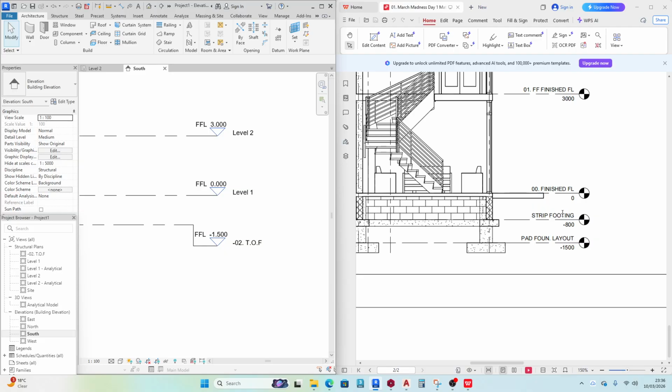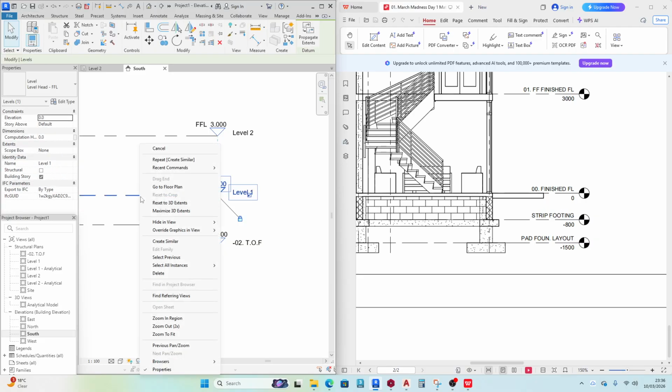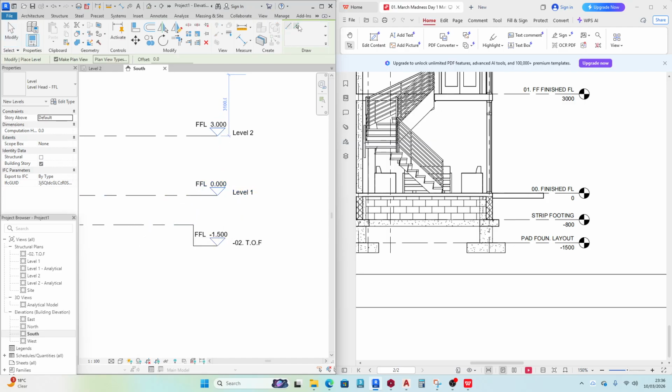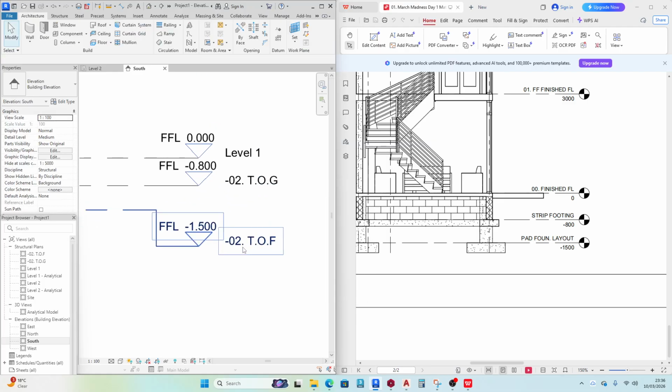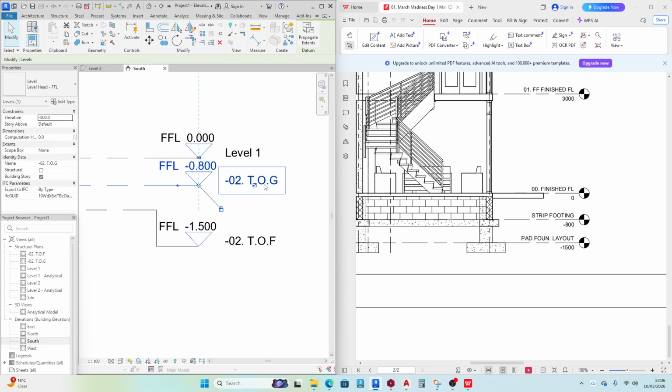Or 150. Yeah, but the height will remain a constant. It will be 200. So you select this again, you say create similar, you do the same, you pick, you're trying to offset 800 below. So when you select, this is top of footing,